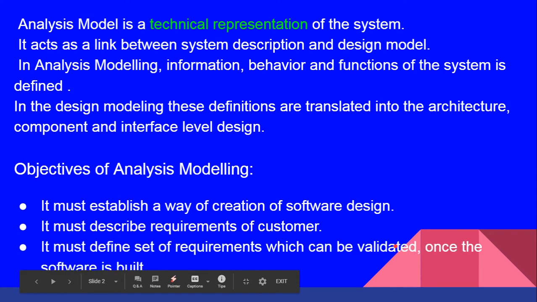And then it must define the set of requirements which can be validated once the software is built. So initially we gather the requirements from the customer, and the requirements are defined, and there are many tools to define the requirements that are got from the customer.